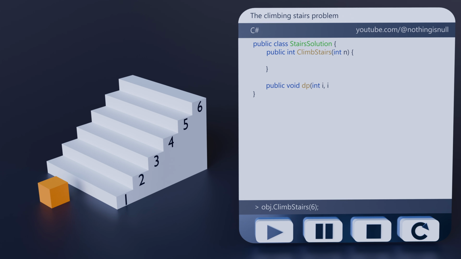We then create a helper method that tracks our current position on the staircase. Since we start at the bottom, we'll call this method with the initial values of 0 for the current step and pass down n, the total number of steps on the staircase. In the helper method, we know that from our current position, we have 2 choices. We can either take 1 step or 2. We can represent this with 2 recursive calls to this method.